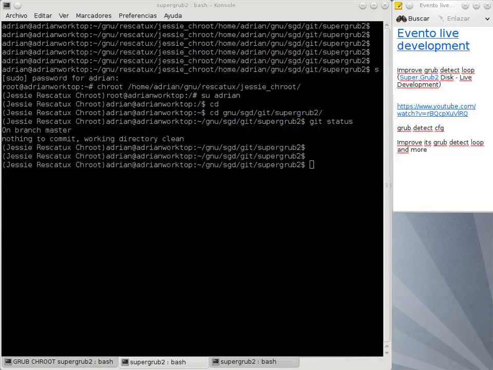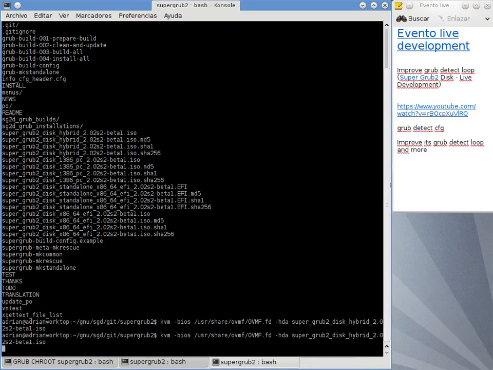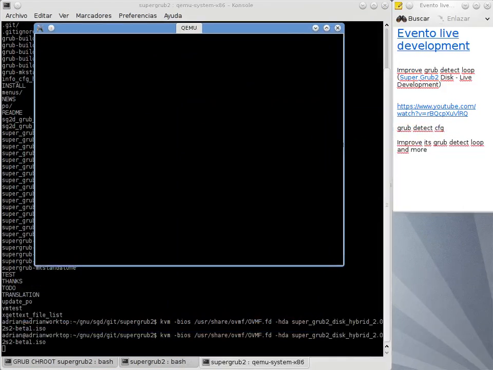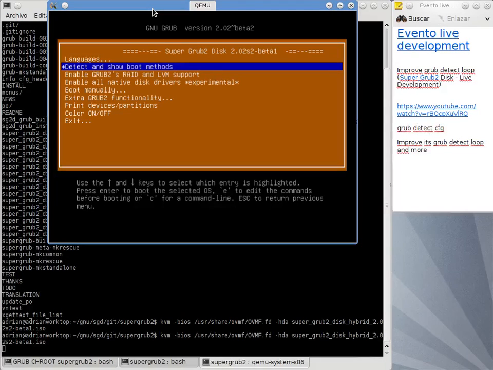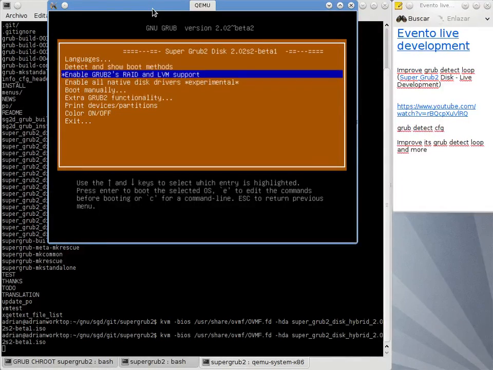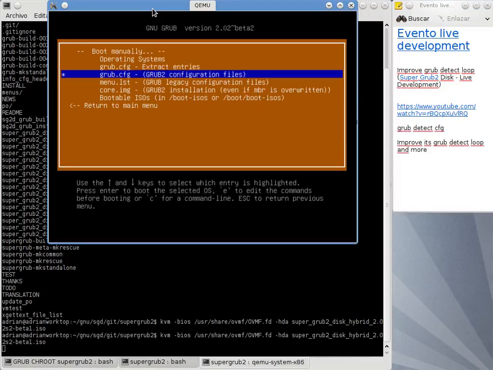It seems it works. So what we want to do is, let me show you. This is Grub2 Disk working on an EFI virtual machine. And now, if I go into boot manually, Grub.cfg, okay,